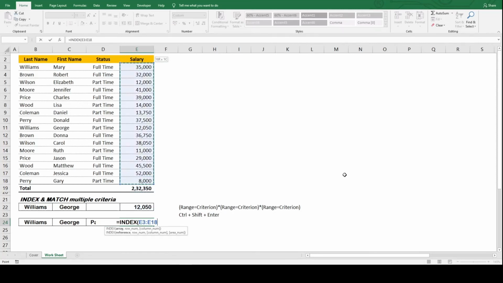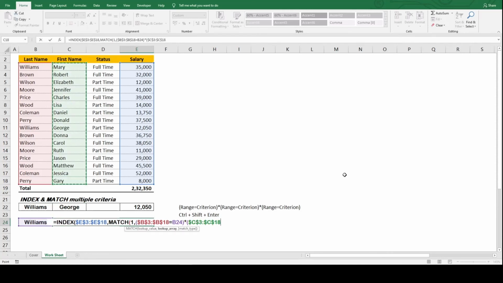I'll again select the salary range, comma, match, like I said, 1, and my lookup value, comma, bracket open. First select the last name range, equal to, select B24 where I have Williamson, into, again open parenthesis,